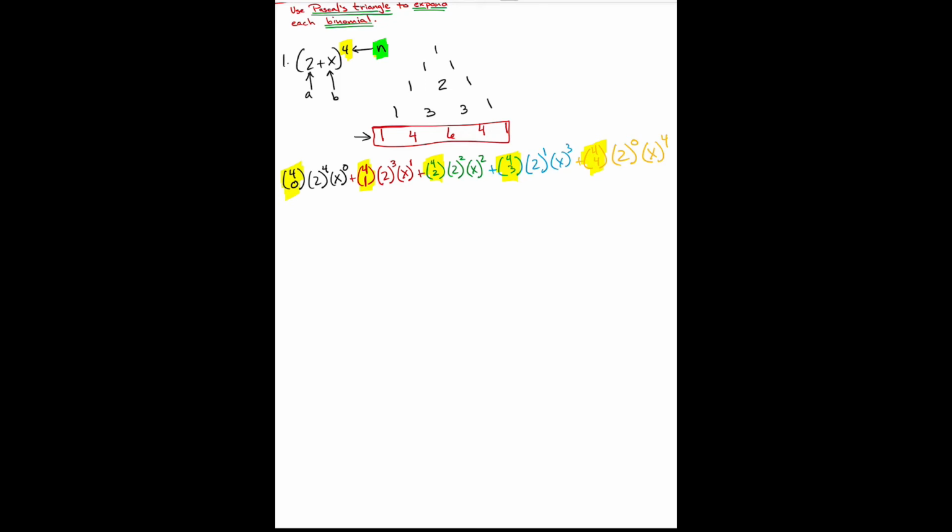Now, before I show you the long way to do this, and this notation is the long way, this is binomial theorem, let me show you a shortcut. Let me take you back to what I did earlier with Pascal's triangle. This is where Pascal's triangle is really important and helps us a lot. You'll notice in Pascal's triangle, I have a 1, 4, 6, 4, 1. What this does for me, and this works only with binomials, is that instead of using my notation of 4 choose 0, 4 choose 1, 4 choose 2, 4 choose 3, and 4 choose 4, the shortcut is that I can use